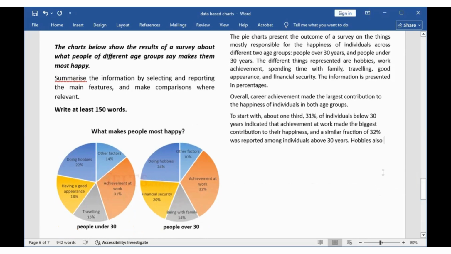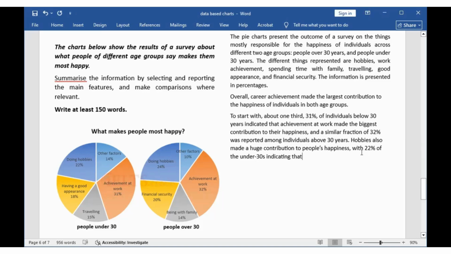So hobbies also made a huge contribution to people's happiness, with 22% of the under 30s indicating that